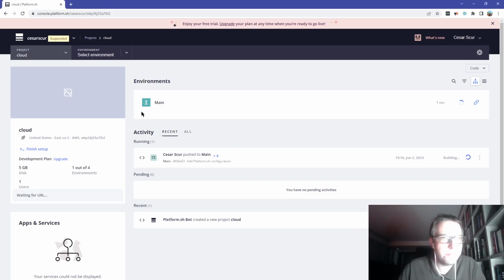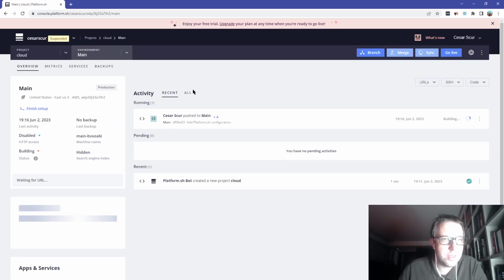Meanwhile, let's take the console here. So it will generate a URL eventually, as soon as it has the application. We can see it is building here already, that we pushed something, so it is working on something. Another thing that we can do here in the interface is hop in the main, and we can see that we can create branches. From here we can also create a dev environment that is based on main. It's a branch of main. This is not Git, but it mimics the way Git works. I think in the backend they run with Git as well, but